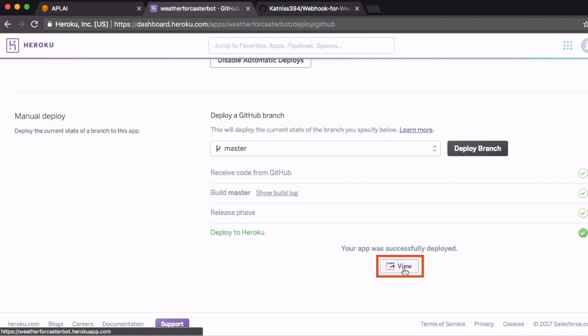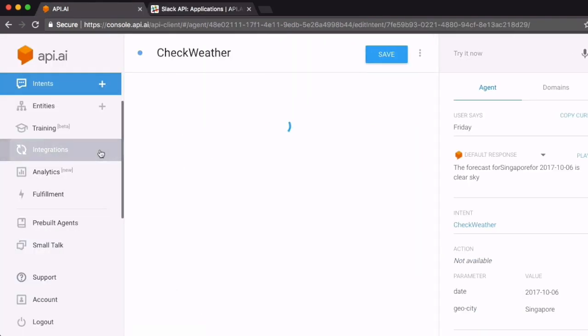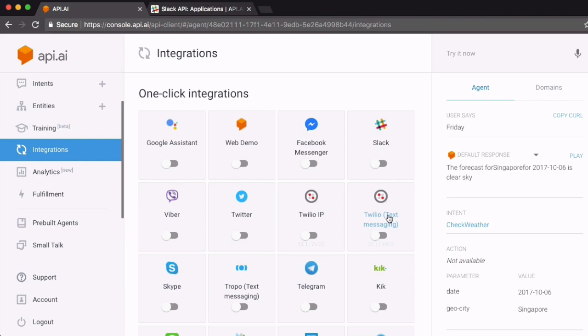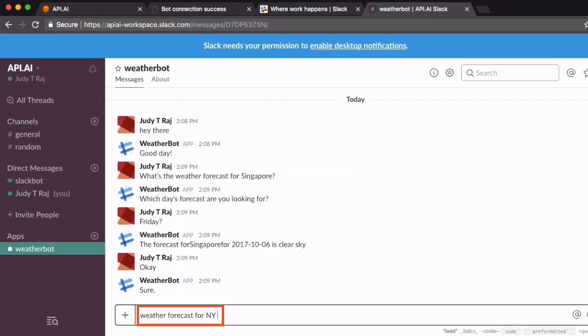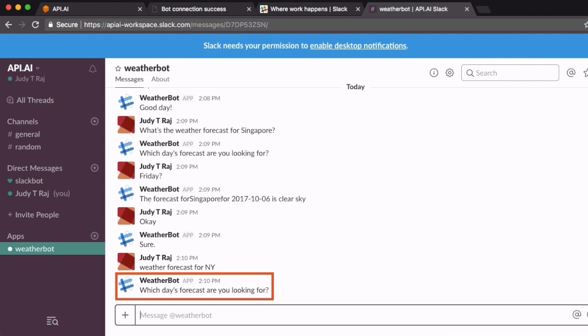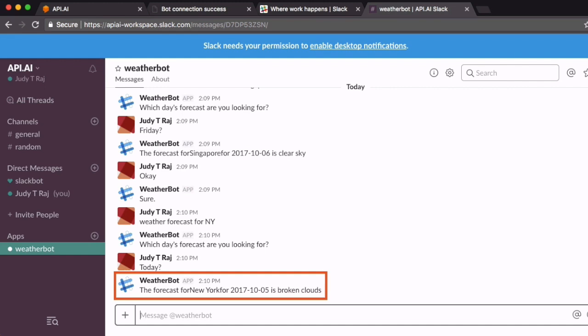Once we have our chatbot set up end to end, it's time for integrations. We'll look at one click integrations available with a variety of platforms, but the example that we'll work with is Slack. We'll set up a bot on Slack, which allows you to look at weather forecasts. You can simply type in within your Slack application what the weather will be like at the destination that you're visiting, and you'll get the response right there within Slack.